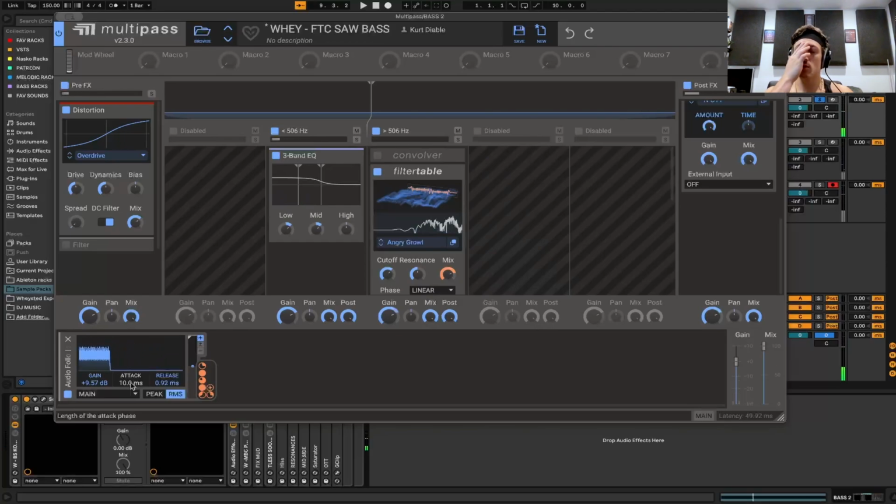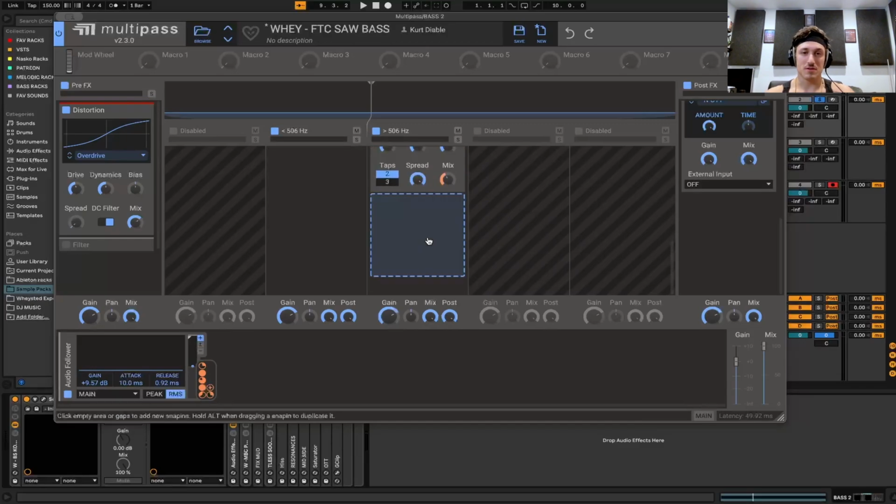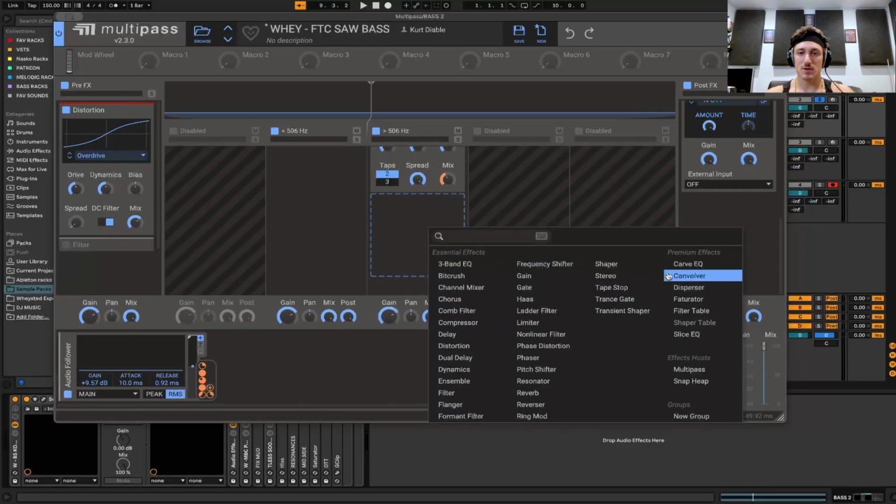So play with this how you want, but this is how I like to automate sound, so I don't have to like recreate the LFO shape that's in Serum. It's just gonna follow the sound and I can have fun with it. It's pretty simple, and Filtertable is doing it all. And this is the fun part of this. So let me just drag in a Filtertable and show you guys